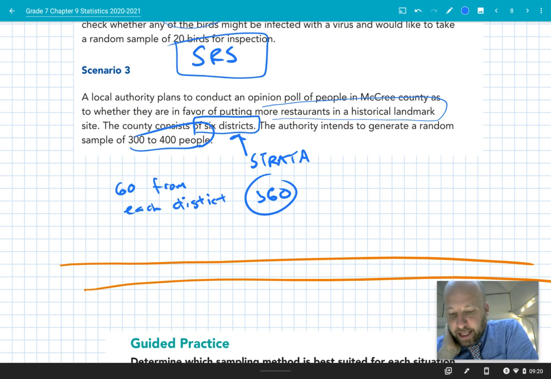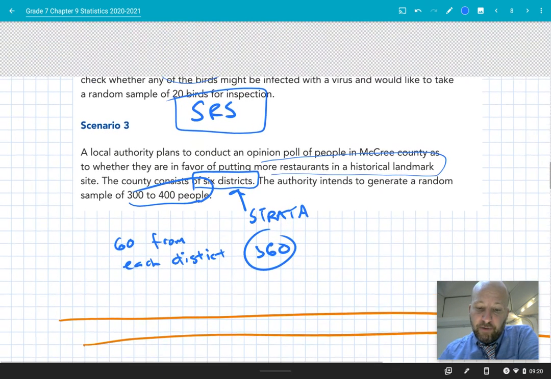All right. That's going to be the last part of how we can sample. This is, again, how we stir the pumpkin soup. Doing these 3 or 4, if you include the cluster, these 4 methods, this is you stirring the pot. The better you do with this, the more random it is, the better that soup is stirred. And so when you take a spoonful, even if it could be 300 to 400, but it could just be